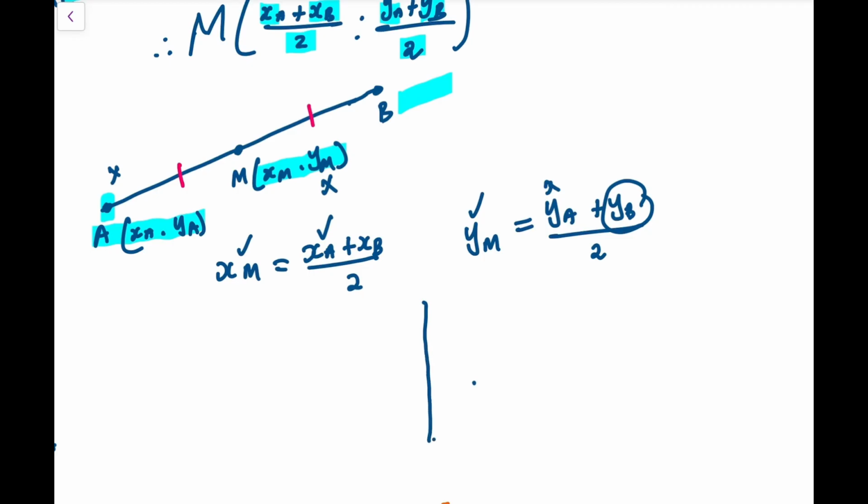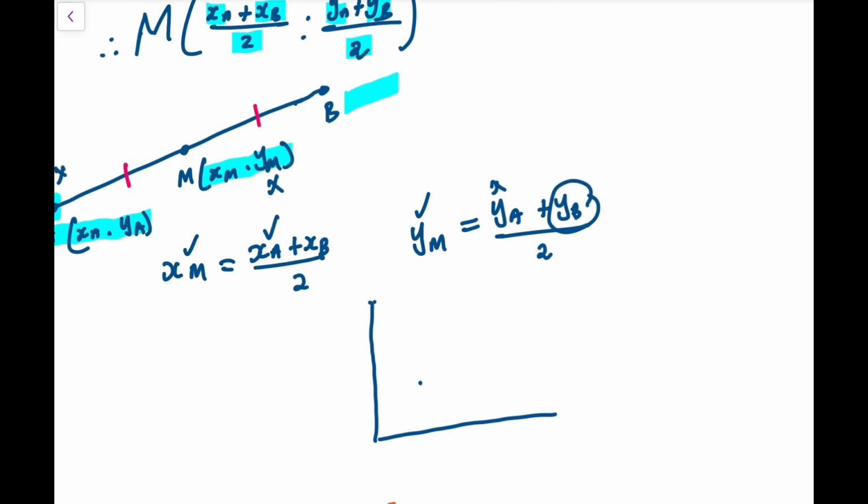And then with Y again, you will do the same. Y for midpoint is equal to YA plus YB over 2, and then you substitute your Y for midpoint, and then you substitute your YA, and then you can calculate YB that you will be looking for. With this one, you also need to remember the properties of